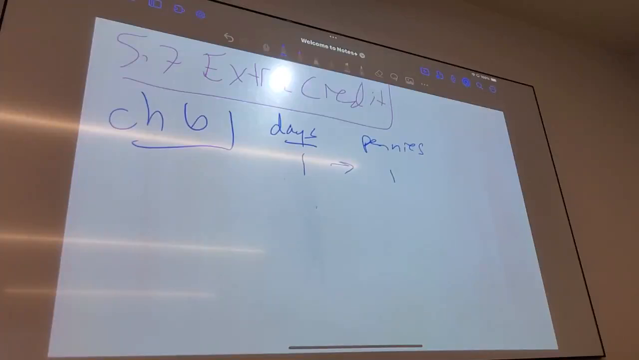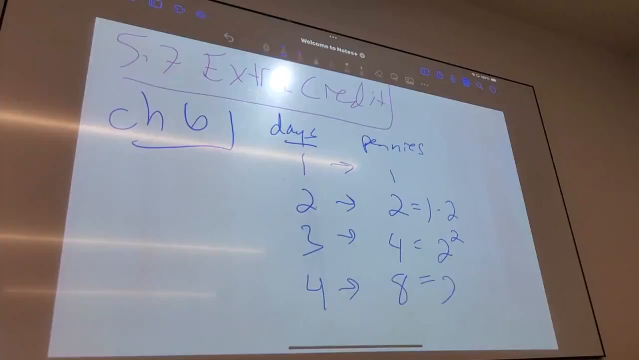Watch out. All right, that almost doubles my bank account. Day 2, I get how many pennies? 2. Because that's 1 times 2, yes? Day 3, I get how many pennies? 4. Because that's 2 times 2. It's 2 squared. Day 4,